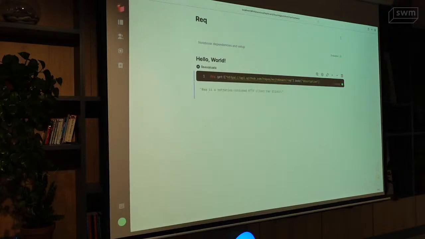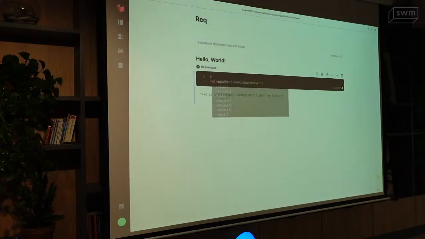Okay, so let's now do something else. Let's take this URL, and we're going to create the Req struct ourselves. Yeah, it's hitting the network part. Okay, yeah, we are good. So now what we can do is change this to base URL.